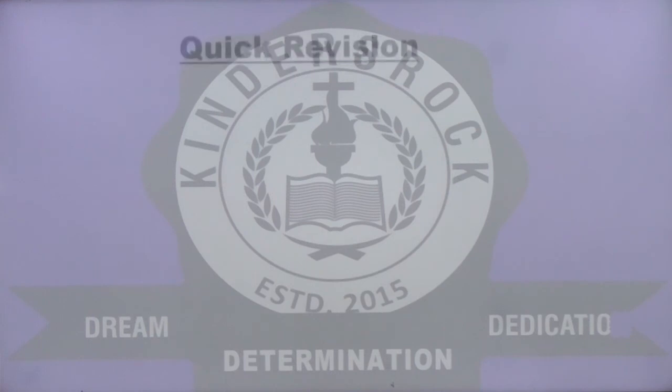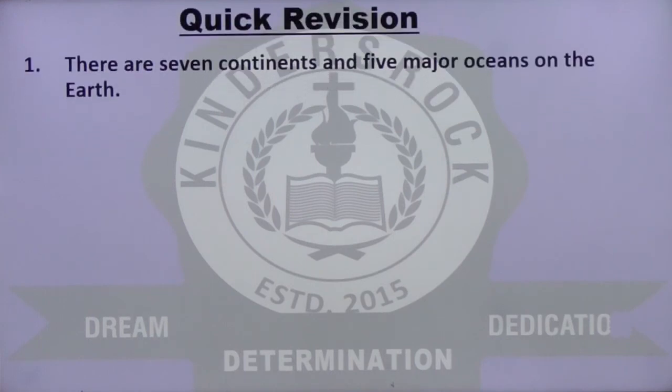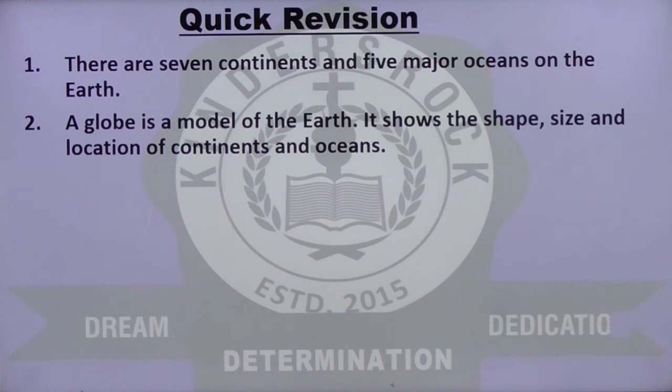Okay, so let us do a quick revision of whatever we have studied. There are 7 continents and 5 major oceans on the earth. A globe is a model of the earth. It shows the shape, size and location of continents and oceans.